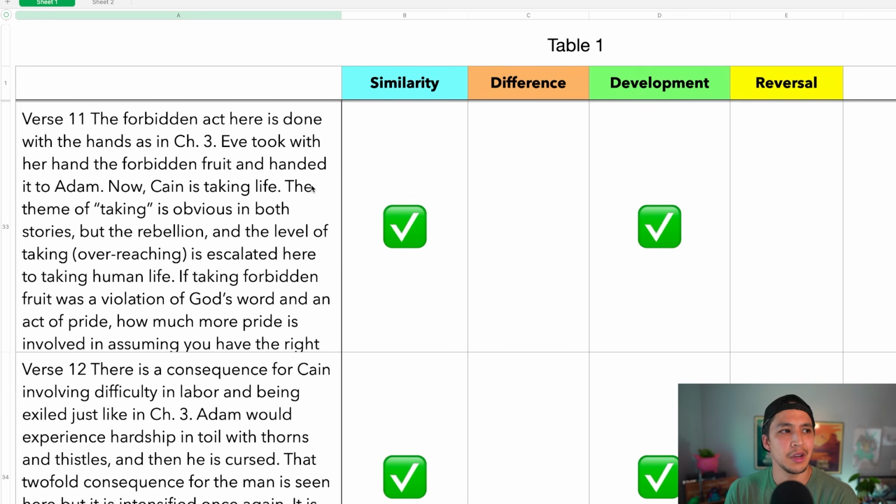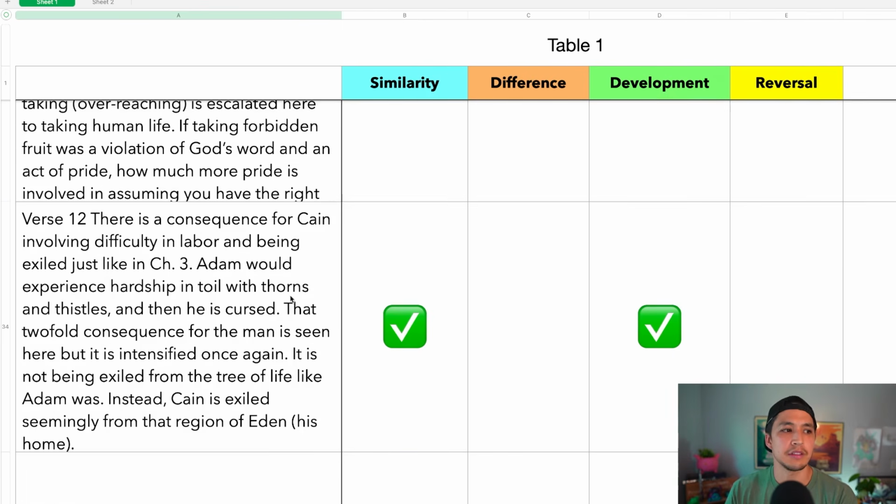The forbidden act here is done with the hands, right? I just want to be thinking about, what am I doing with my hands lately? Eve took the fruit, Cain took the life. It shows the potential of these hands to do such evil, but also to do such good. When I surrender these hands and my efforts and my works to God, my gifts, my abilities, anything I have in my hands,